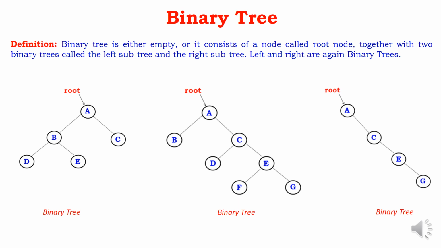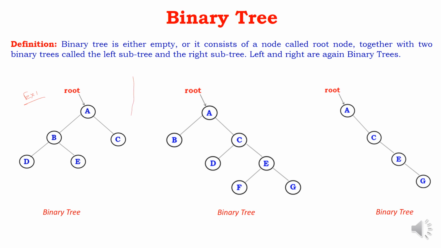Definition of a binary tree. A binary tree is either empty or it consists of a node called the root node together with two binary trees called the left subtree and right subtree. Left and right are again binary trees. Let me explain this with examples. Say, for example,